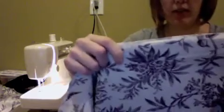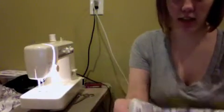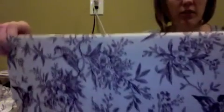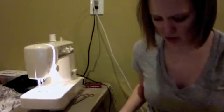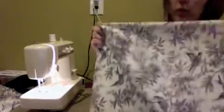Okay, now once you have that part sewn together up here, you have to decide how you want your skirt to look. The last skirt I made, I put the folded side, that's where your fold was when they gave you the fabric, on the bottom and it kind of creates a bubble skirt. For this one, I'm going to put that part up here and I'm going to do a hem at the bottom. So if you want a bubble skirt, you can basically skip this step,